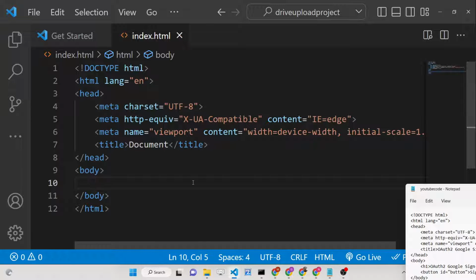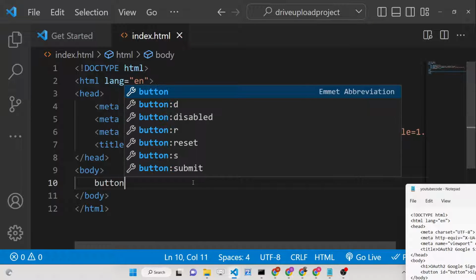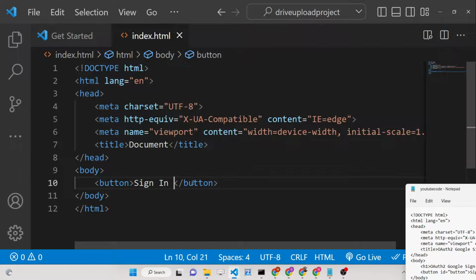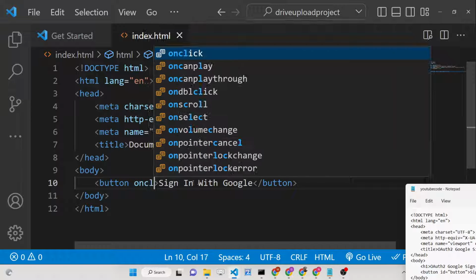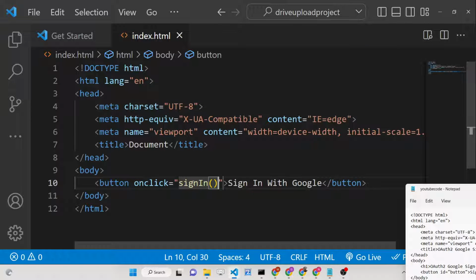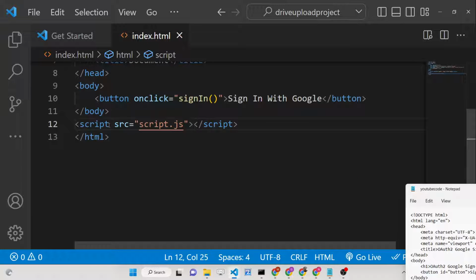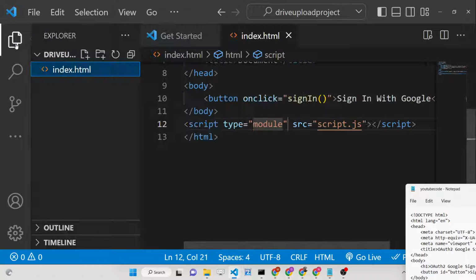We will have a simple button which will say sign in with Google. So as soon as you click this button, guys, we will execute a function which is called sign in, and basically here we will include our JavaScript file, which is script.js, and this needs to be a module, guys. So just provide a type module, because we will be making a utils.js file, guys, which will hold